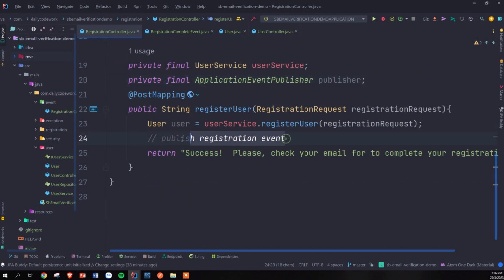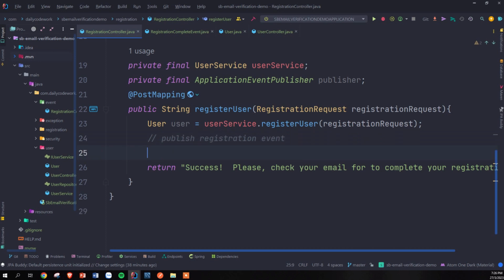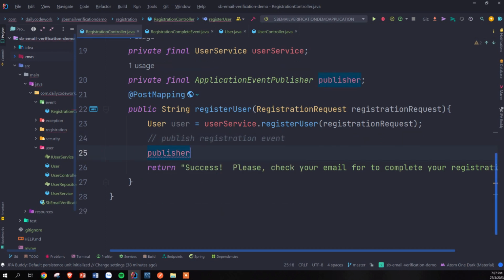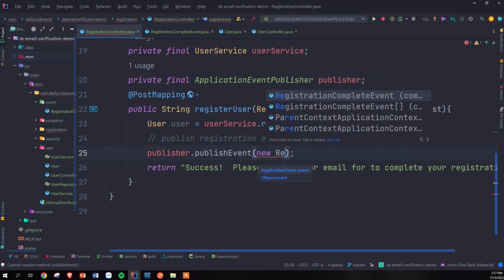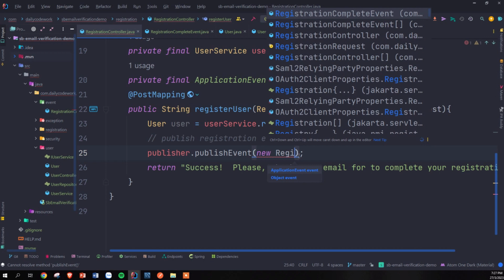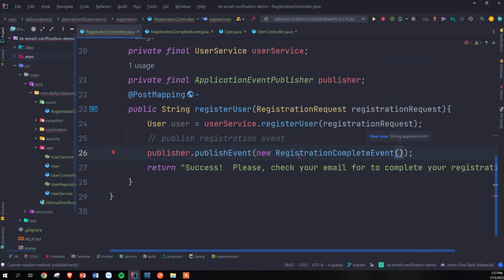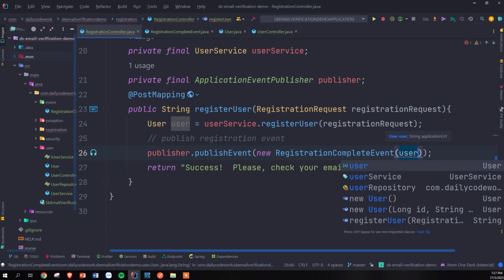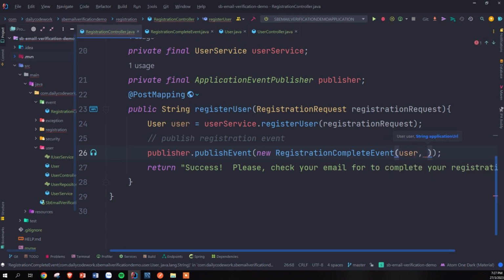So here we're going to call the publisher to publish the event, publisher dot publish event. So what event are we publishing? If you look here, this one is expecting application event. So now we're going to call the registration complete event we just created. So here we're just going to say new registration complete event, this one here. And here we're going to pass in the user, and so here we're going to pass in the application URL,